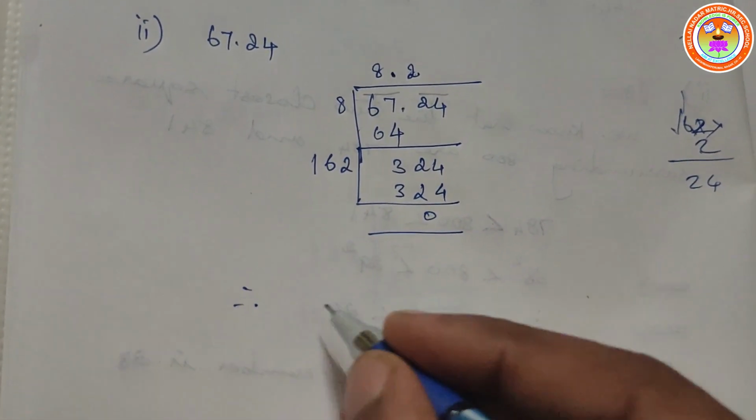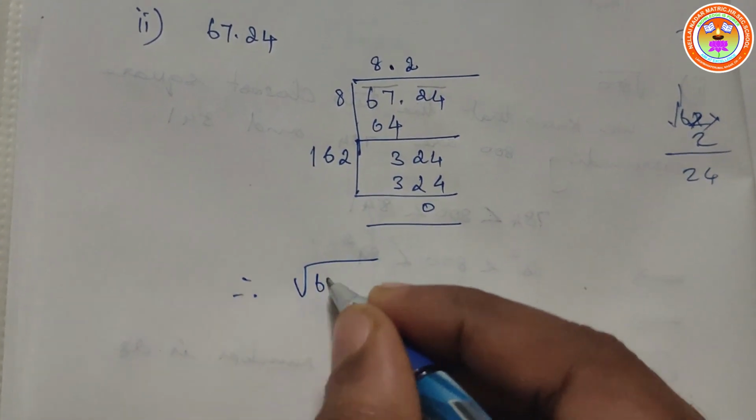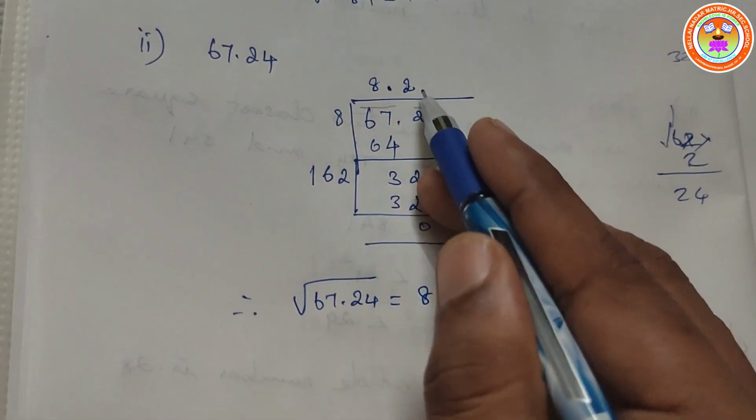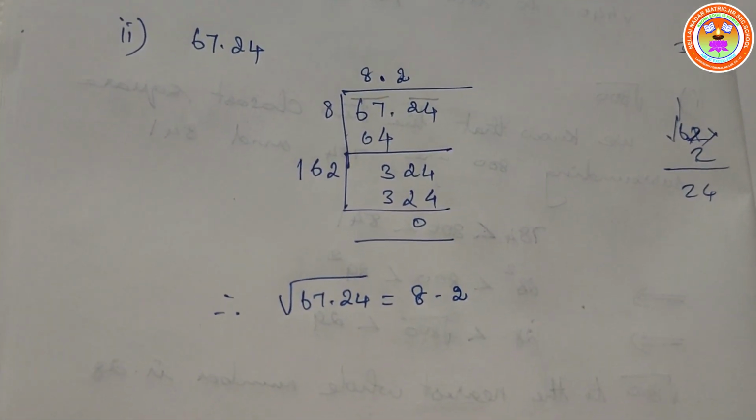Therefore, the square root of 67.24 is nothing but 8.2. The quotient, what is the quotient? You have to write it here. The next number is